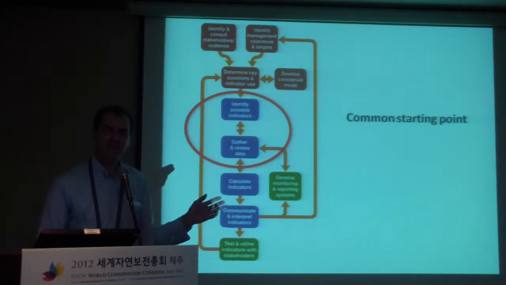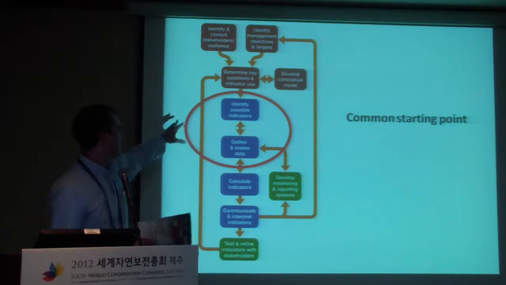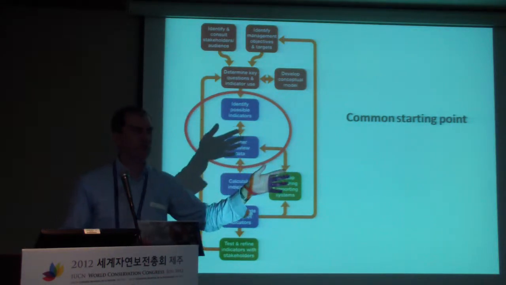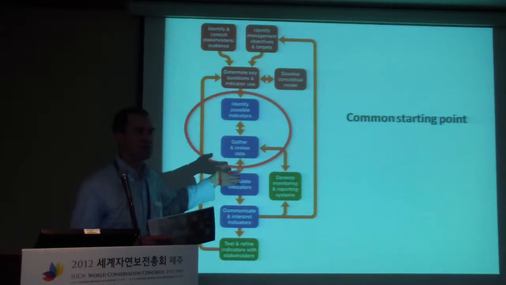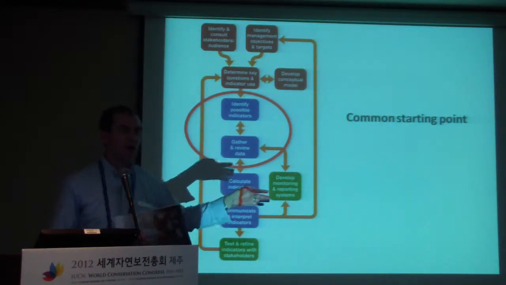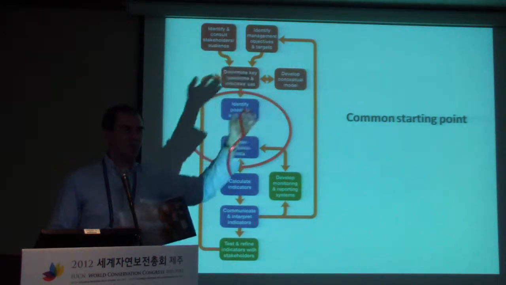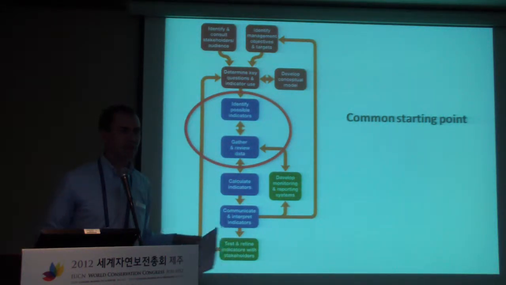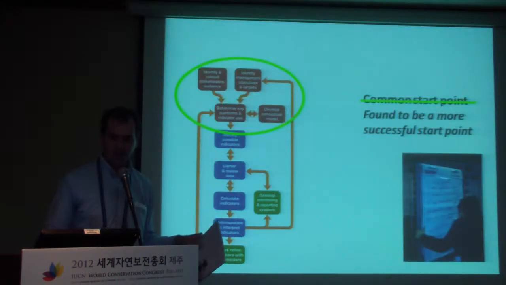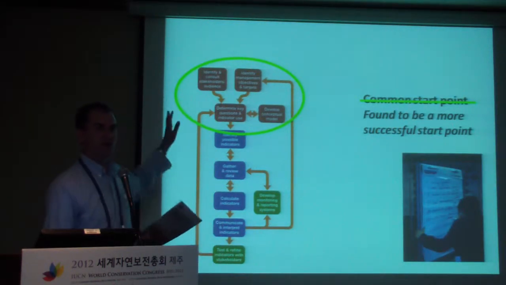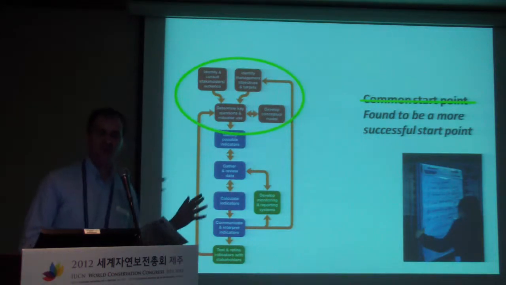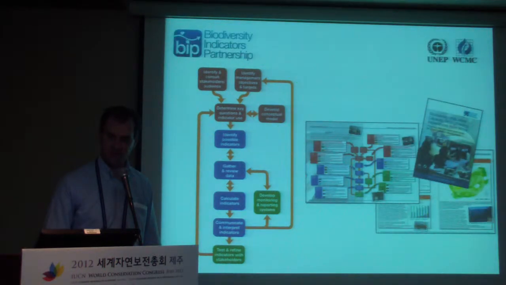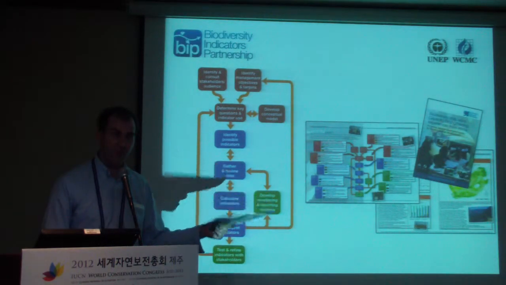And commonly, when people produce indicators, they start here in the middle. They say, what indicators do we need for our national strategy? And they go and look at a list of indicators that somebody else has done, CBD or another country. That's where they start with, possible indicators. And they look at what data do we have. But we recommend that you first start with identifying the purpose. You'll be more successful if you've got that really clear. And there's examples of this in the Africa report